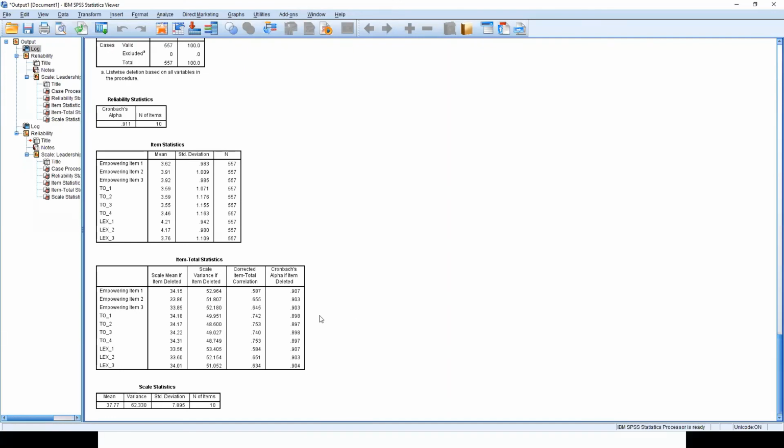There's no threshold for item to total correlation, but I would say anything above 0.3 or 0.4 is good, and you will also get evidence from this last column, which will tell you if you were to delete this item, will your Cronbach's alpha go up.